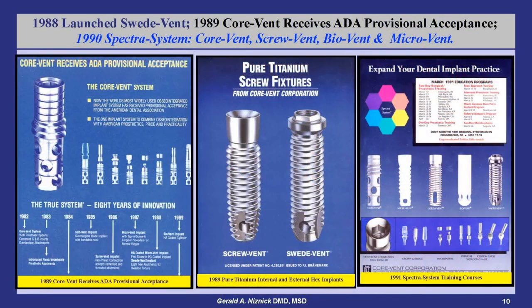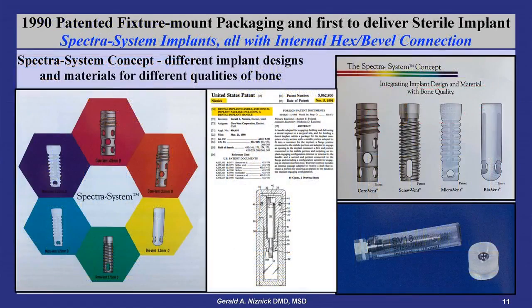Corvent received ADA provisional approval in 1989. That year, I introduced the SweetVent external hex implant, which was a clone of the Bronnemark implant. By 1990, the ScrewVent's internal hex connection completely replaced the hex hole connection for the cemented abutments on the Corvent, ScrewVent, and MicroVent implants. In 1990, I patented fixture mount packaging, where the implant was provided suspended on a carrier